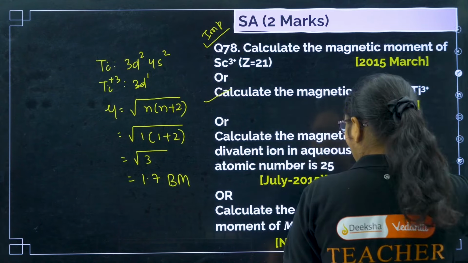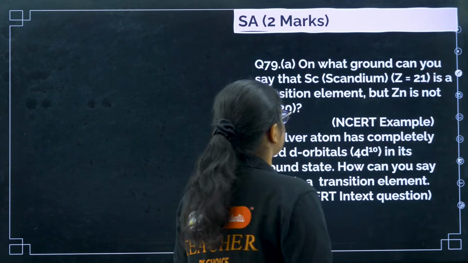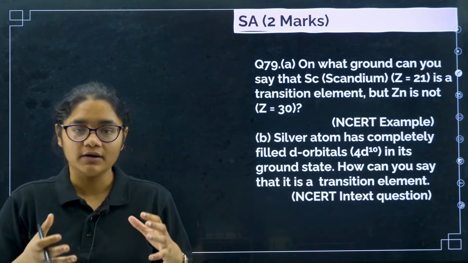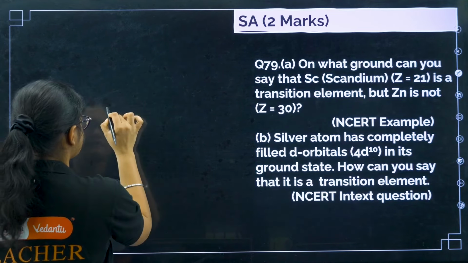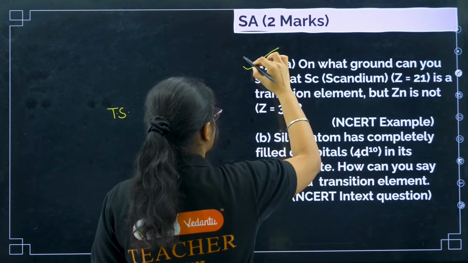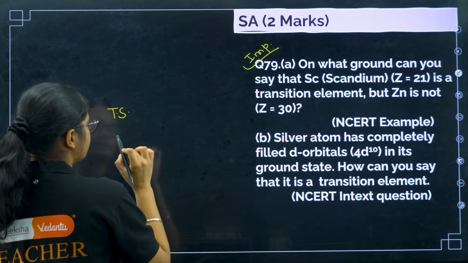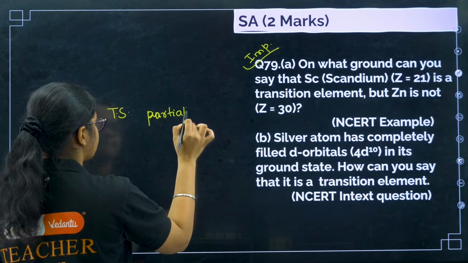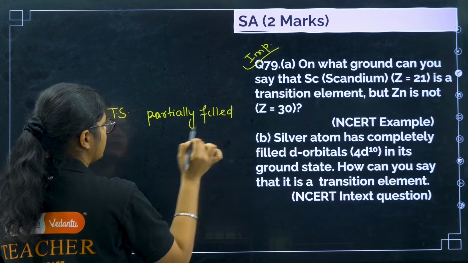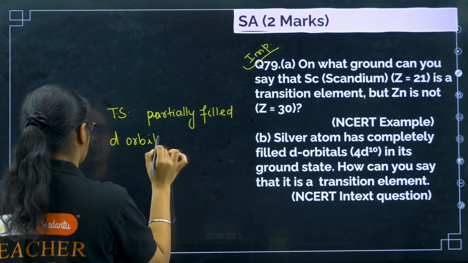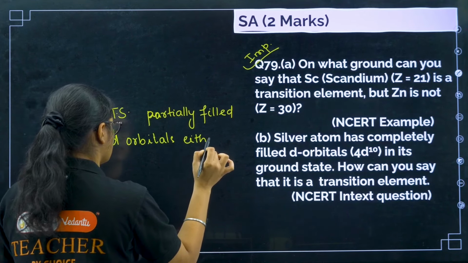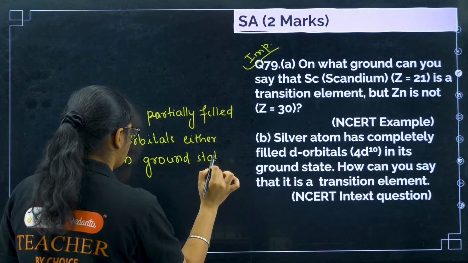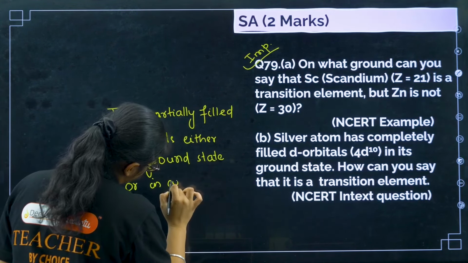Next, like this you can do for all the elements. Next, on what ground can you say that scandium is a transition element but zinc is not? So this is a question from the definition of transition elements. So what are transition elements? This is also an important question. Transition elements are those elements which have unpaired or partially filled d orbitals, either in ground state or in common